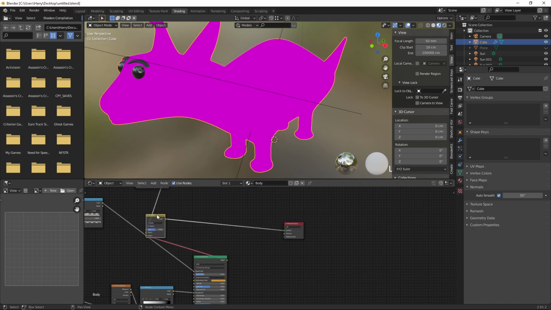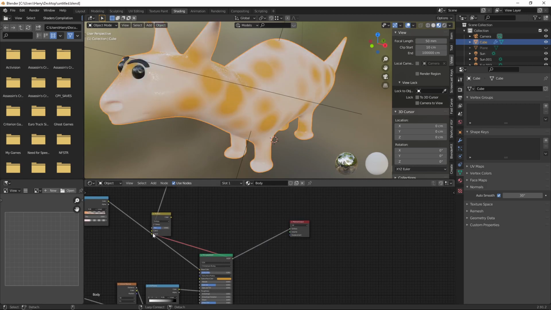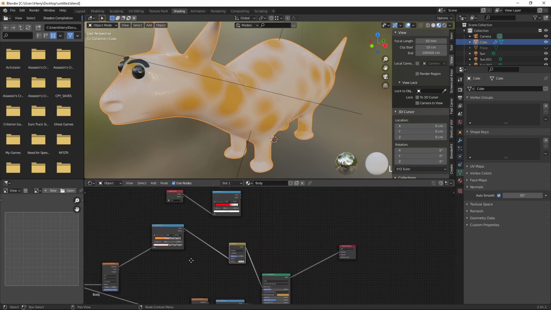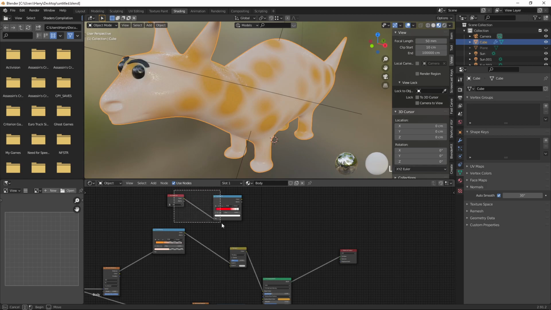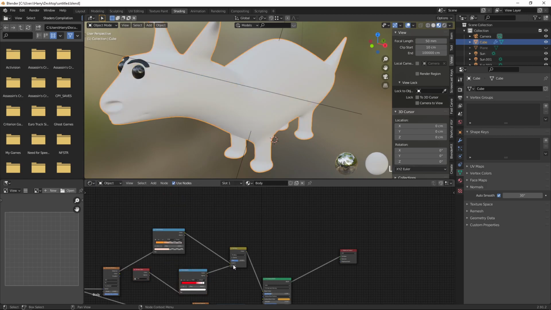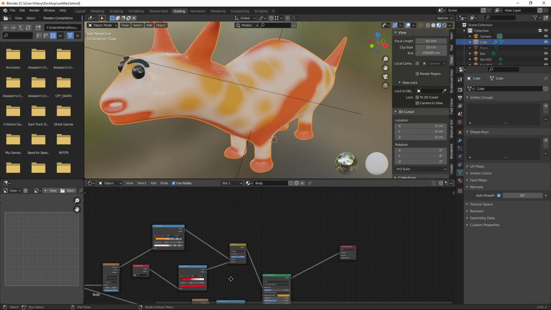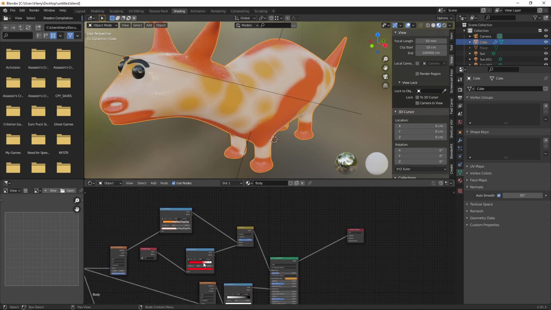What I did is a mistake. Select this BSDF shader, I press Alt. Now you can select this and select this one and move it to color 2. Now it's multiplied. And what we are going to do is use this factor and give the coloring for this.